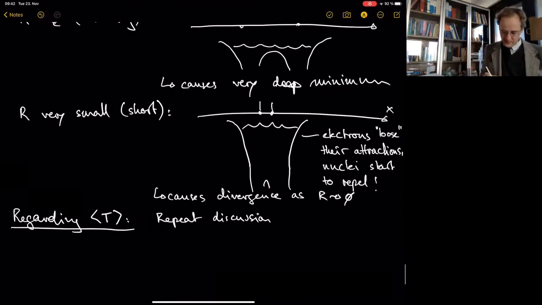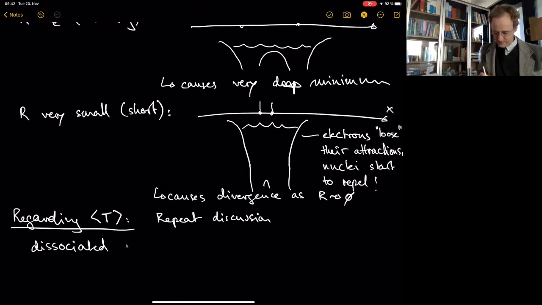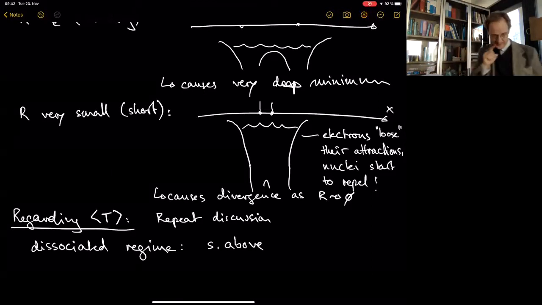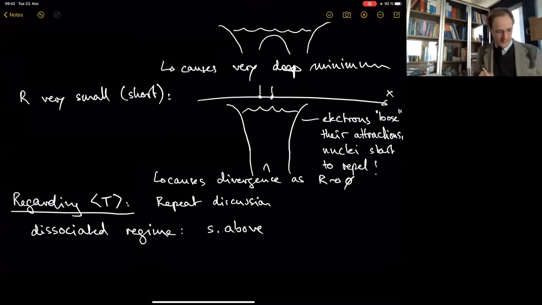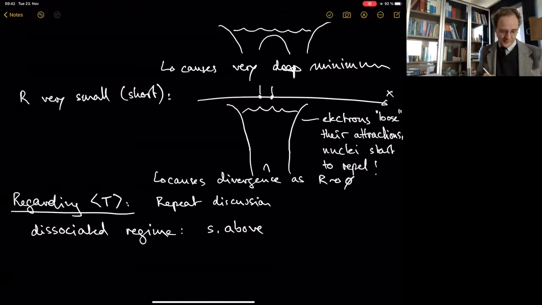The argument for the dissociated regime you can see above, right? It's the same as for the potential energy, so there's some constant. The argument for the long range regime